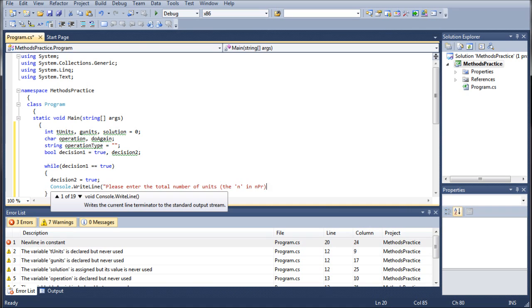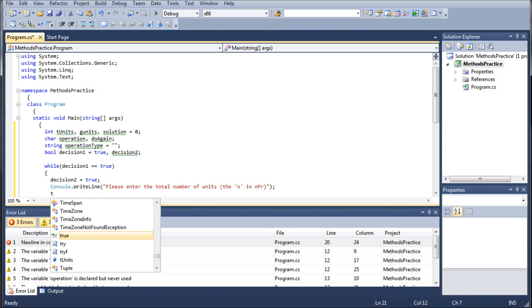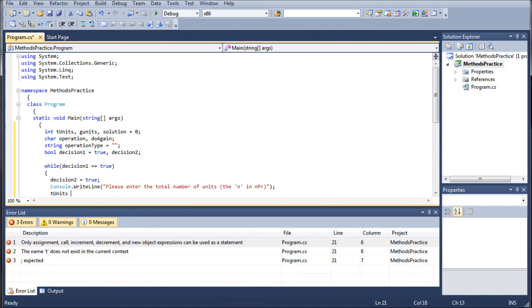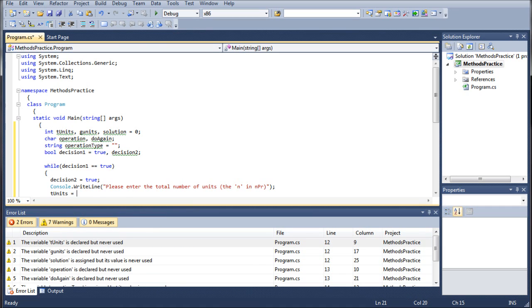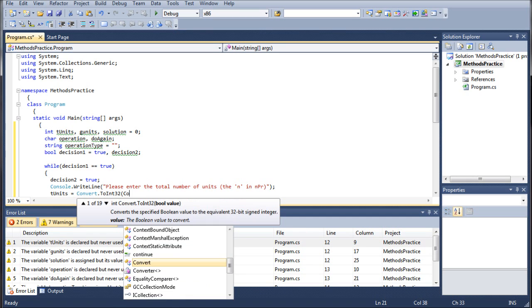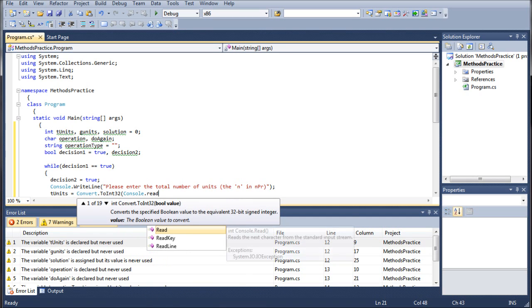NPR, close the quotes, close the parentheses, and the line. T-units, by the way, T-units stands for total units, if you didn't gather. T-units equals convert dot to int 32. I'm going to go console.readLine